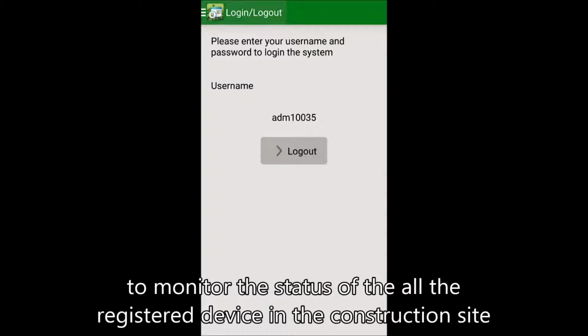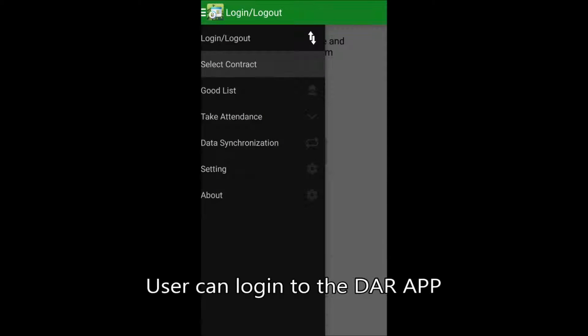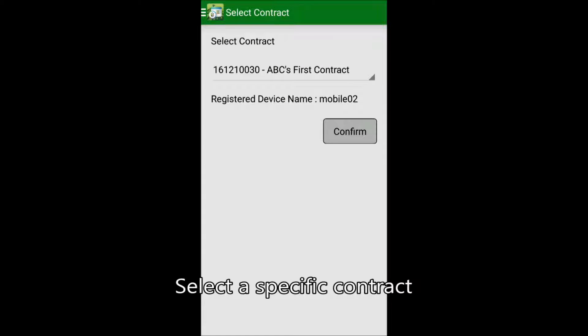Heartbeat. User can use the heartbeat function to monitor the status of all the registered devices in the construction site. To turn on the heartbeat function, user can log into the DAR app, select a specific contract,